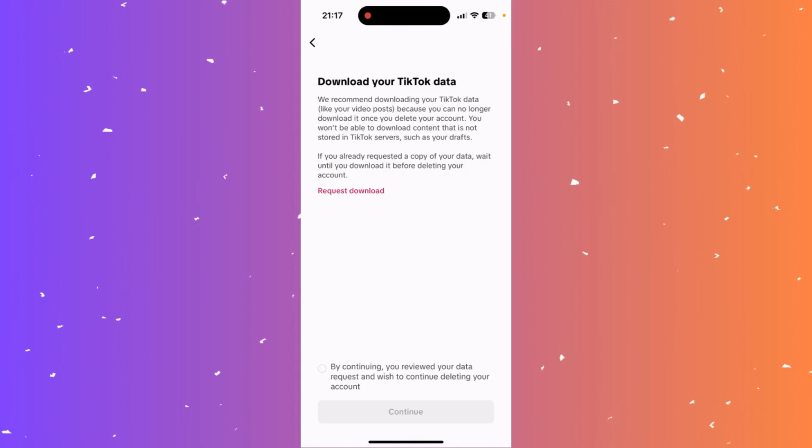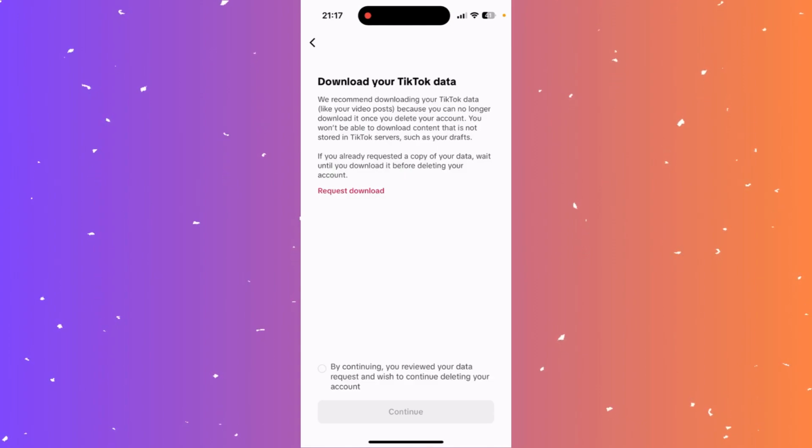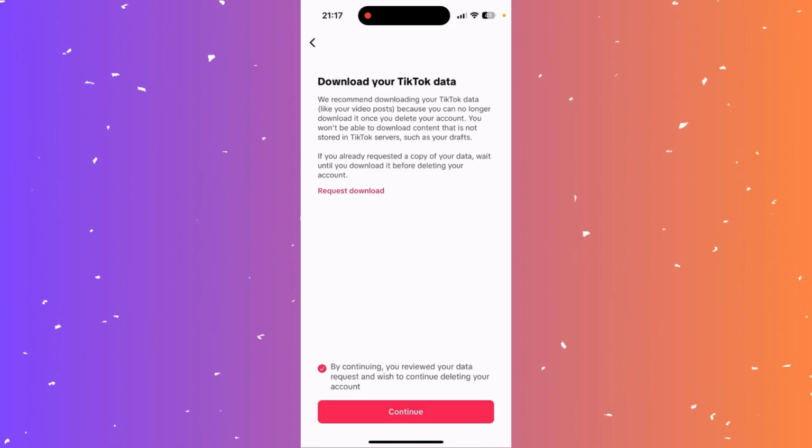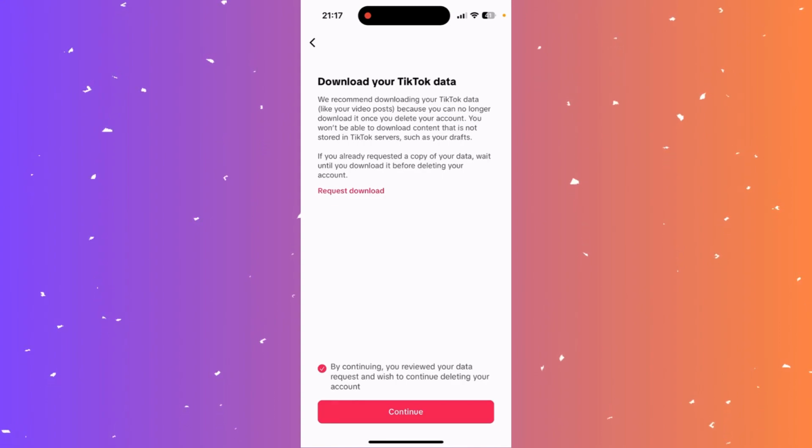And now you click, by continuing you reviewed your data request and wish to continue deleting your account, and click continue. And now you simply just go ahead with the rest of the process, and that's how you delete your